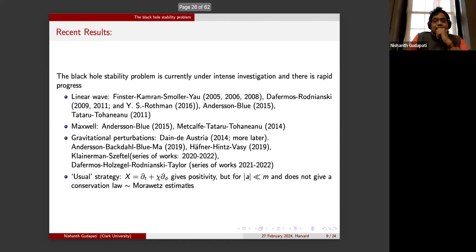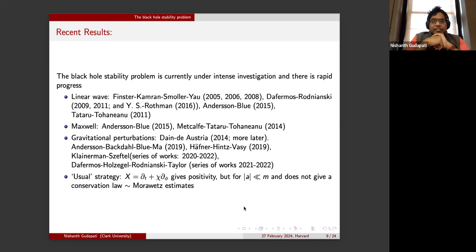And one standard technique is due to, I think, these early works in early 2000s, where one constructs a certain energy using a blend of the dt and d phi Killing vector field. As I said, the dt Killing vector field itself doesn't give a positive definite energy, so you somehow get some positivity out of the d phi by considering a blend of that. But that has a problem in the sense that, I mean, you need to cut off, the chi there is some kind of a cutoff function to make the energy a finite quantity.